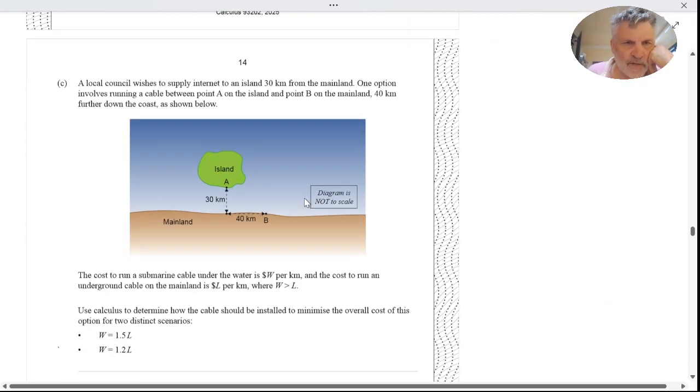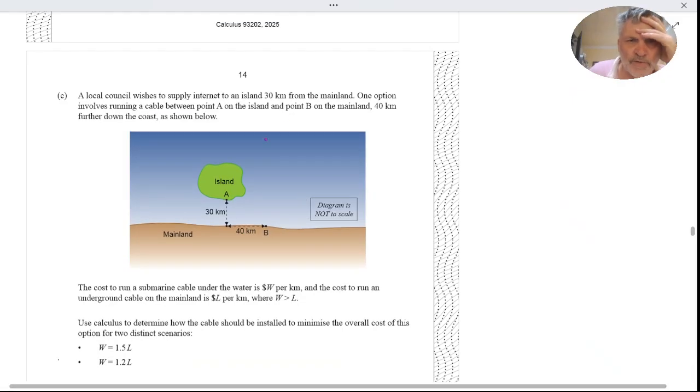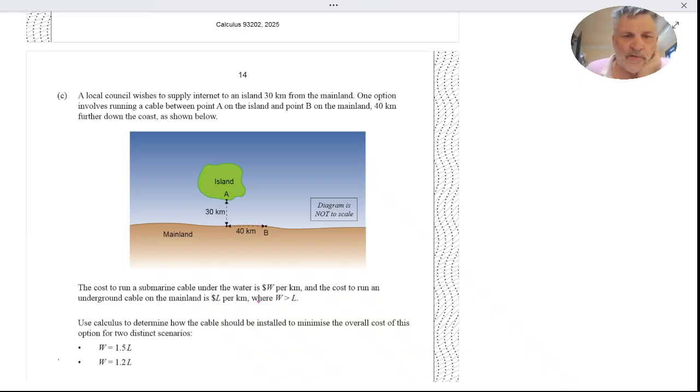Part C. A local council wishes to supply internet to an island 30 kilometres from the mainland. One option involves running a cable between point A on the island and point B on the mainland, 40 kilometres further down the coast as shown below. The cost to run a submarine cable under the water is $W per kilometre, and the cost to run an underground cable on the mainland is $L per kilometre. L for land, W for water, where W is greater than L, so it costs more to run the cable